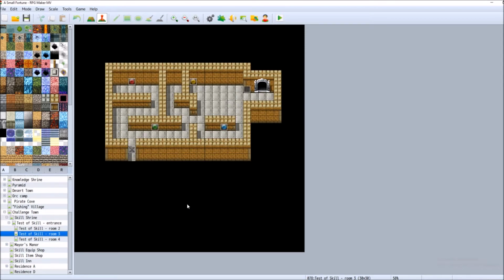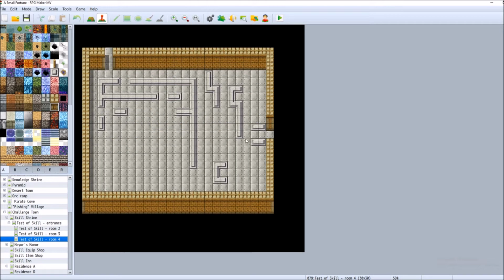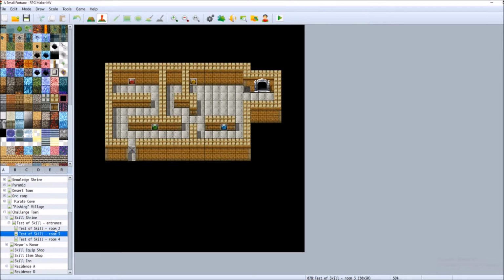Anyways, moving on. So we have room 3. Room 4, I know I want to be a giant maze where the player is supposed to push an object onto switches to open the door. So that leaves room 3, which I was originally going to have buttons that the player had to push in a correct sequence to open the door. Thinking about it, though,